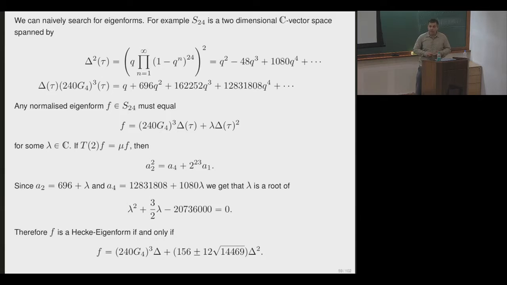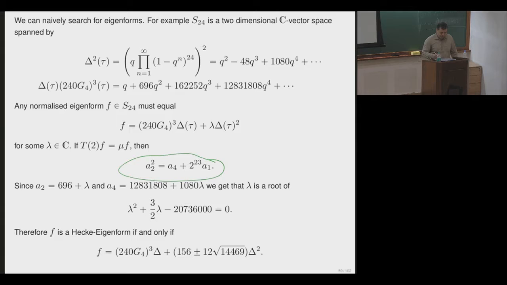You know a potential basis of this, and then you just make what the German word is an Ansatz. And so you say, okay, what must be satisfied so that this function becomes a Hecke eigenform? So you enforce this, and then you get